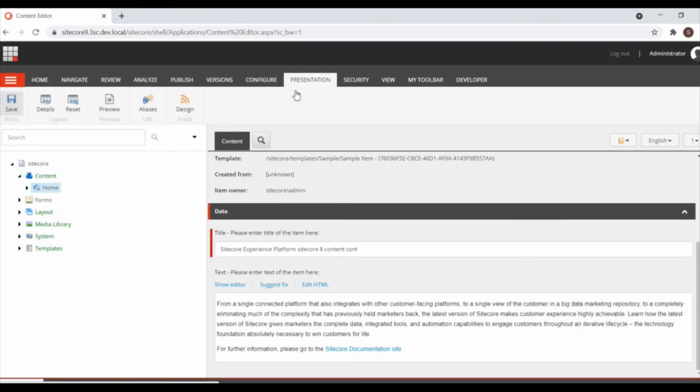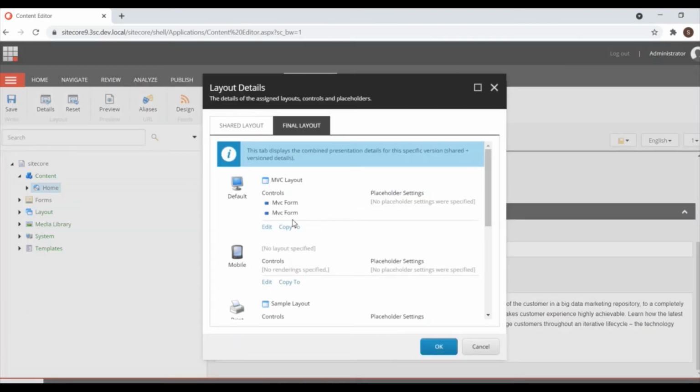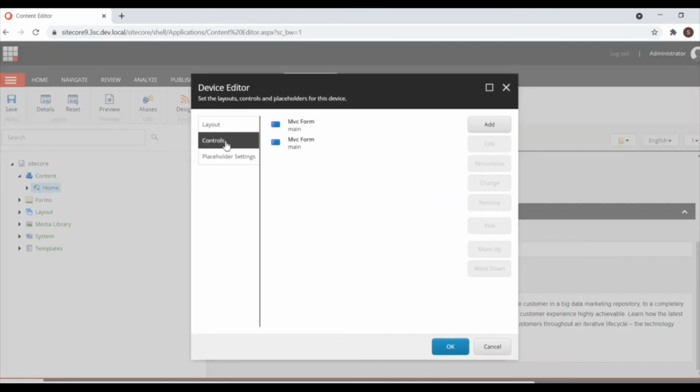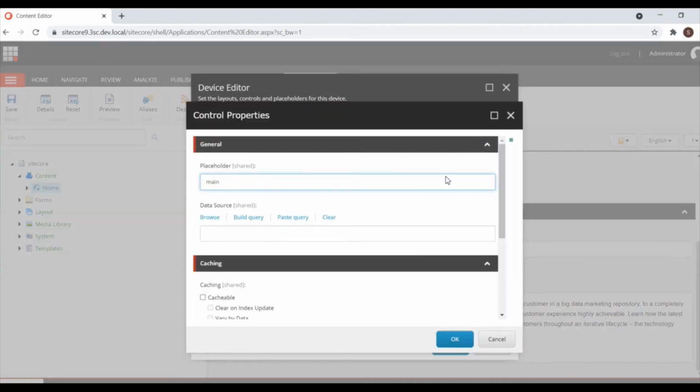I need to select the form first. I'm removing this duplicate one and editing this form.